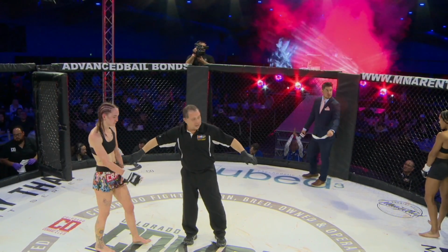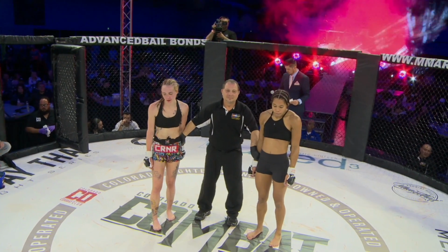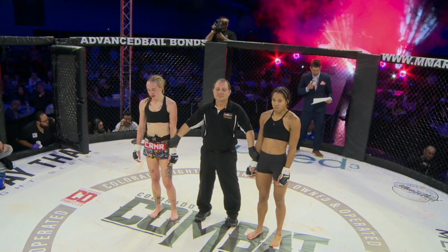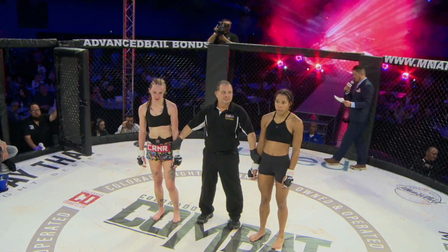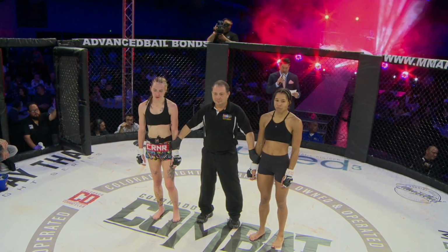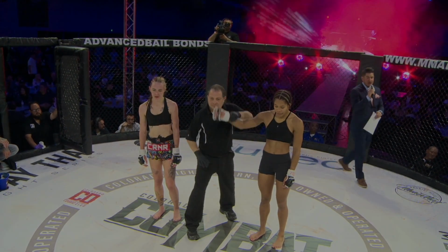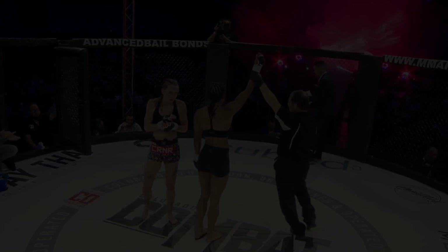Yeah. And on the flip side, the awareness of somebody like Smith to be in that position, she didn't have the choke in, but she was conscious and aware enough to continue to score and to continue to do damage, albeit some of them were rabbit punches that might not have been doing a whole ton of damage, but nevertheless, it's almost if you remember back to season 10 of The Ultimate Fighter, Roy Nelson talking about, as long as I have that position established,